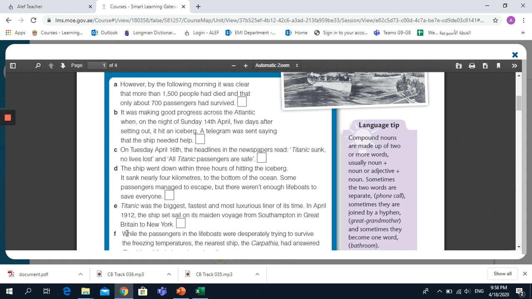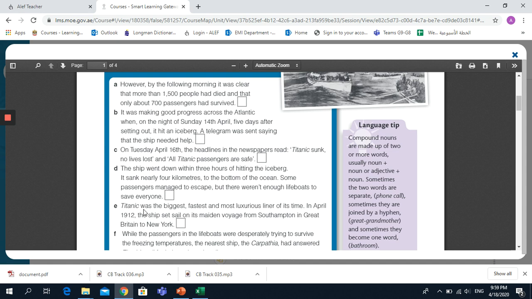Okay. After that, the Carpathia took 4 hours to reach the place of Titanic. What do you think happened? Sorry, before the Carpathia reached, the telegram was sent saying that the ship needed help. So paragraph 3 should be number D. The ship went down within 3 hours. This is what happened to the Titanic after hitting the iceberg. So